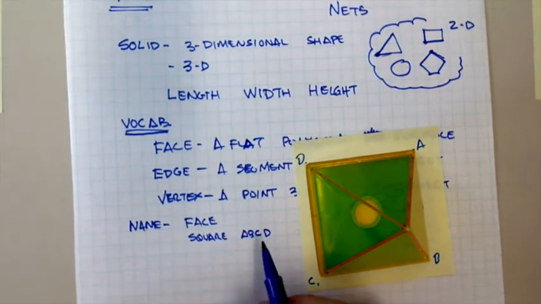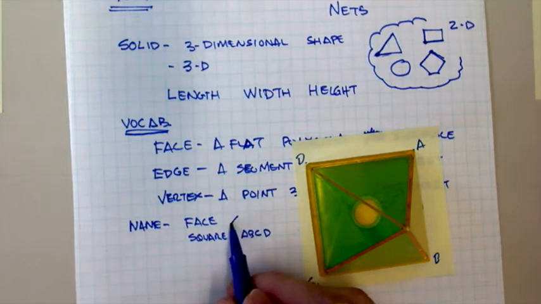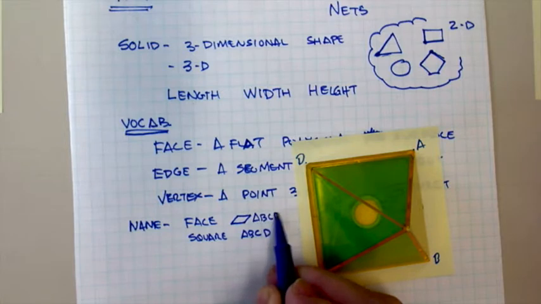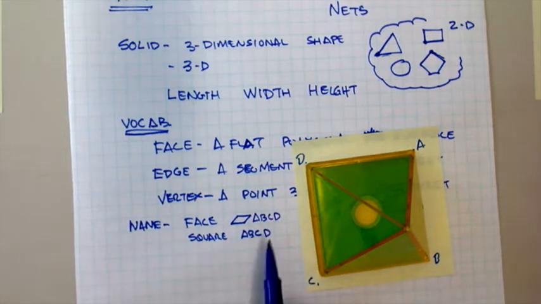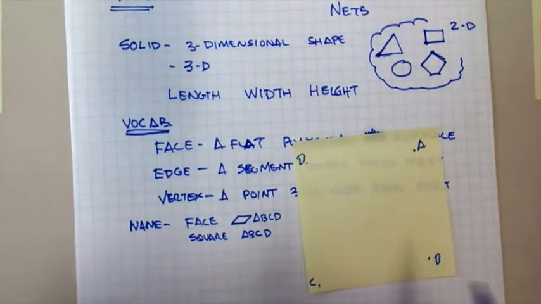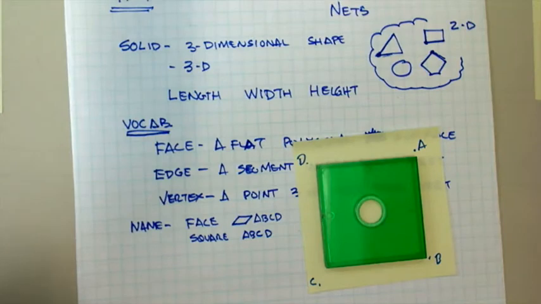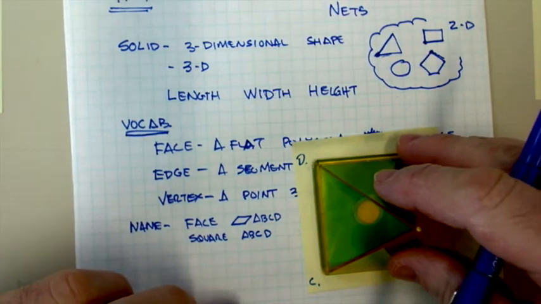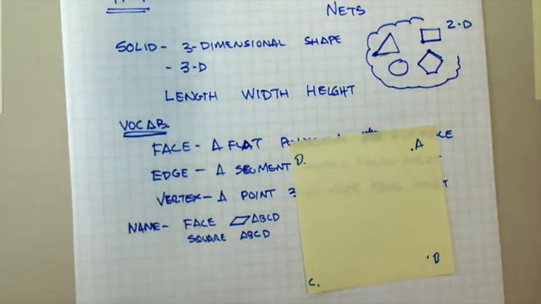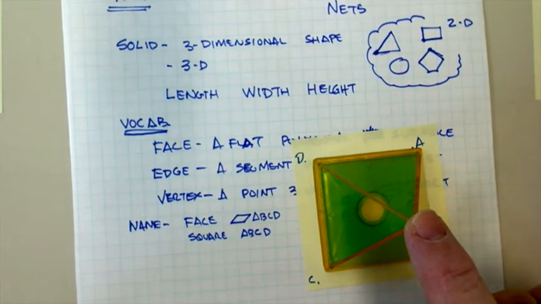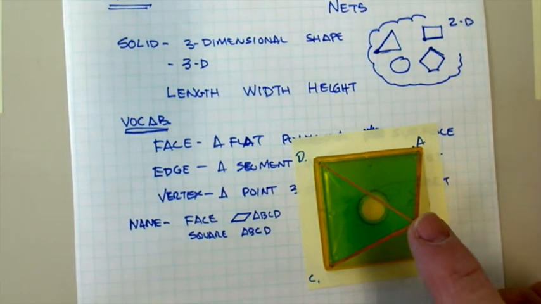It's a parallelogram, so I might even use that parallelogram symbol and say parallelogram ABCD. But I name that face by all of its vertices, just like I would name this square, square ABCD. We name the face by the shape of it. On this same shape, if I labeled this vertex here, let's make that point E, then I